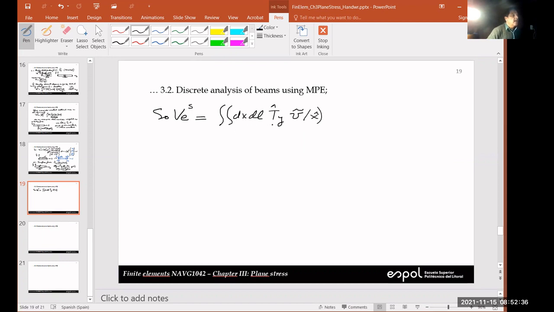Up to here is force, multiplied by displacement, that's potential energy. So again, there's going to be no dependence on this or this, so the integration of that will give us an L,